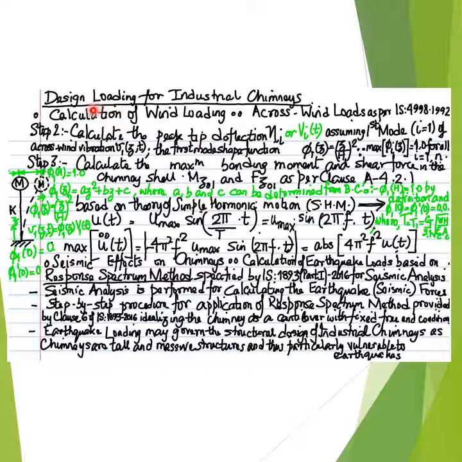In step 2 of the calculation of crosswind loads, the peak tip deflection denoted as μ1 or y1T, based on the first mode, that is i equal to 1, of the crosswind vibration response